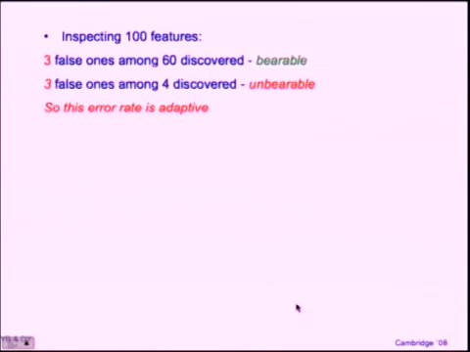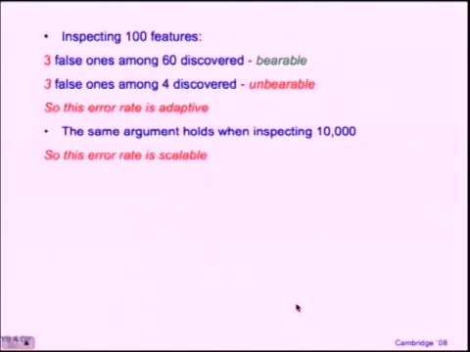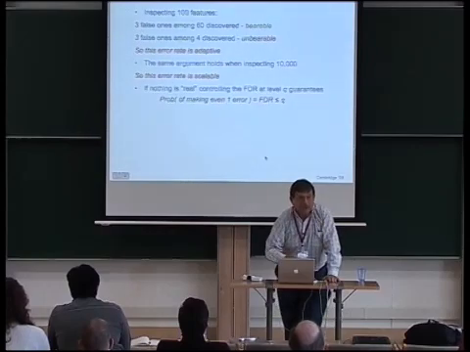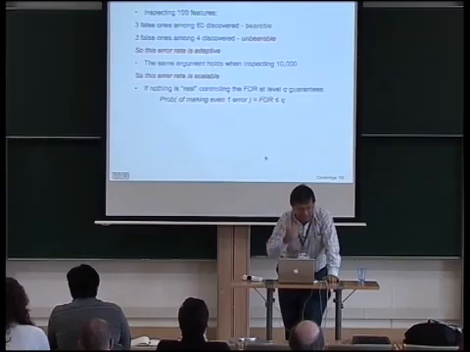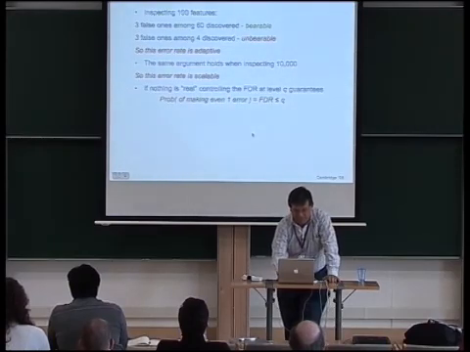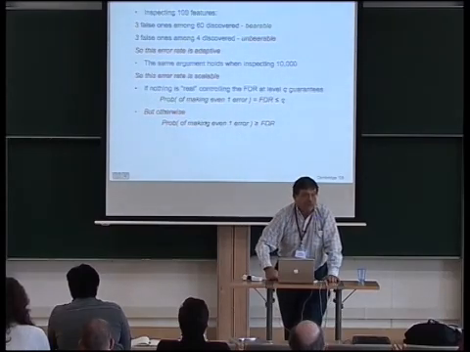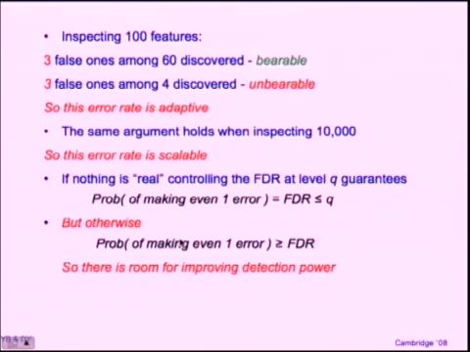So the point is that the FDR is adaptive in nature. Now notice that the same argument holds when we expect 10,000 or 100,000. We look only at the selected set. So this error rate is scalable. Now, if nothing is real, controlling the FDR at level Q controls the probability of making even one error to be the same, which is linked to the FDR and not to the many other variations. But otherwise, the FDR is smaller than the probability of making one error, so there is room for improving